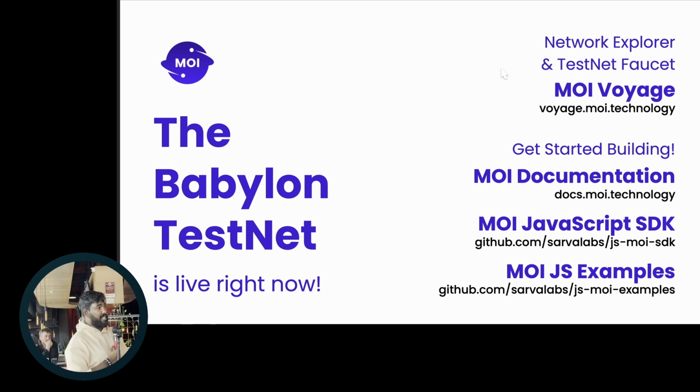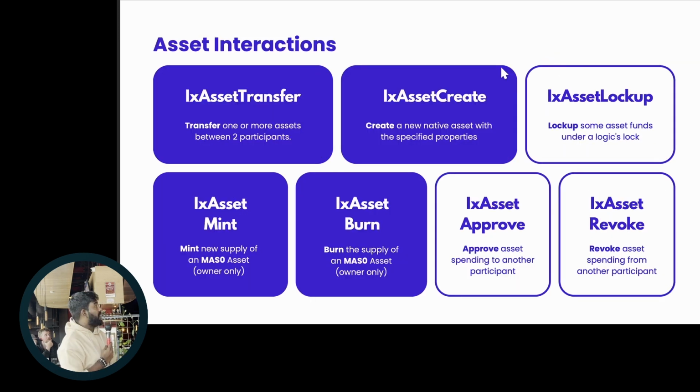And obviously this will change as the challenge model and all of these get involved over time. But as of right now, just put up a node, you get 200 MOI tokens a day for hosting that node. And these are the kind of interactions we have available today, right? So let me take this chance to introduce the idea of interactions on the protocol, right?